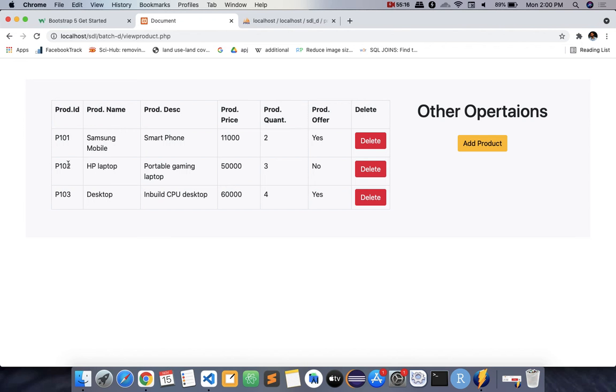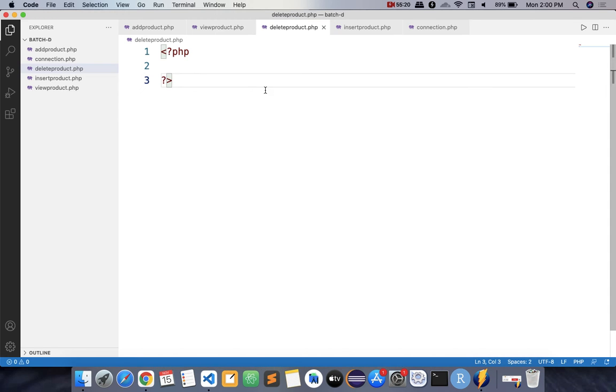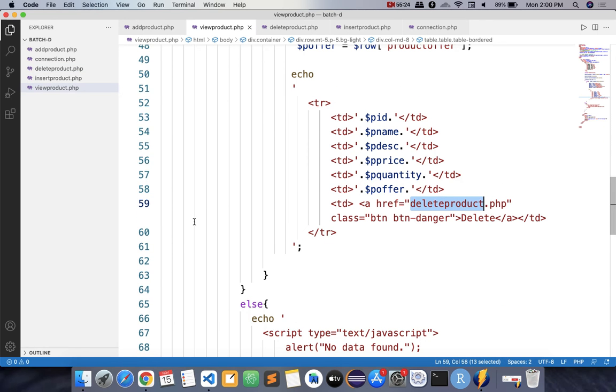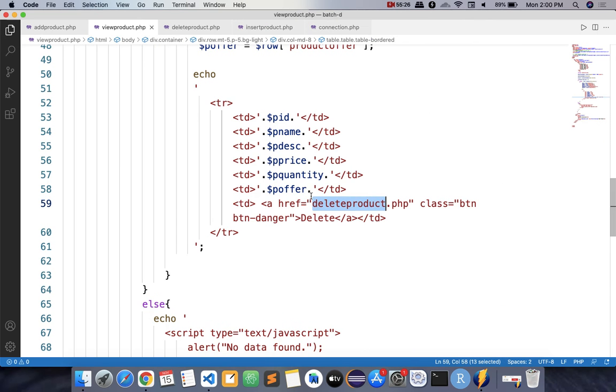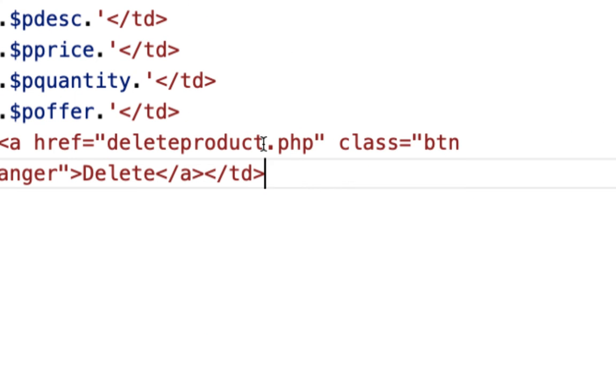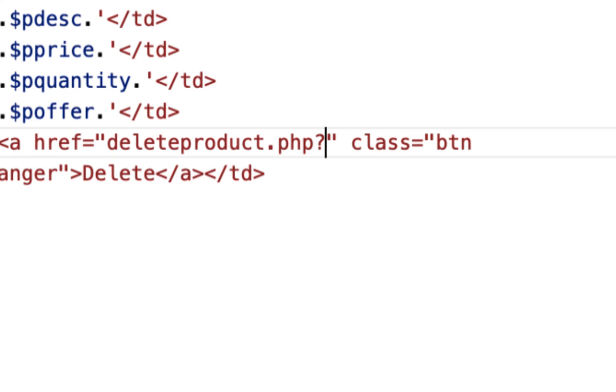So we want to send that value along with the delete button. Okay. So how to send it? It is very simple. So where you have written that? Look at this. This is the page where we are going after click. So along with this link, we want to send one value. So simply you will write question mark and the name of your variable. For example, PID. It's the name of the variable, and you want to send one value.